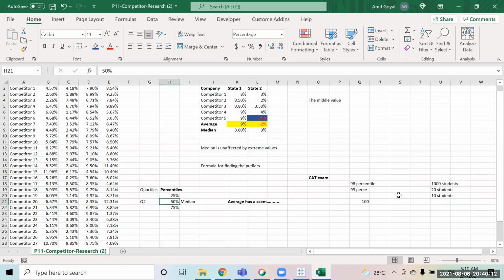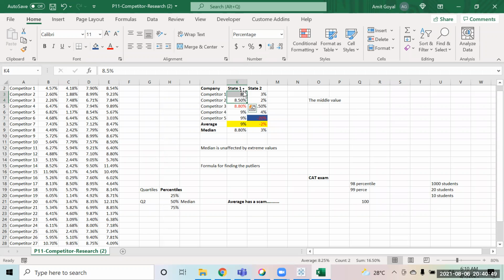right? The same is the thing that we are discussing over here. When you say 50%, which we also call median, what was the 50%? That was 8.8, correct? So can I say that of the 5 competitors, there are 2 competitors who are better than him and 2 competitors who are worse than him, because he is the median guy, the guy lying in the middle. So there are 50% people who are better than him, 50% people who are not better than him, right?